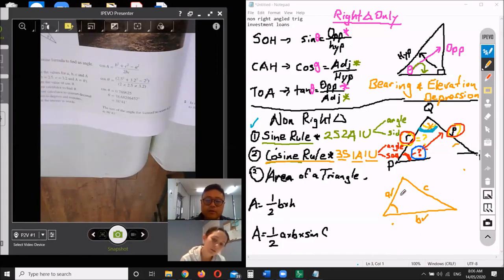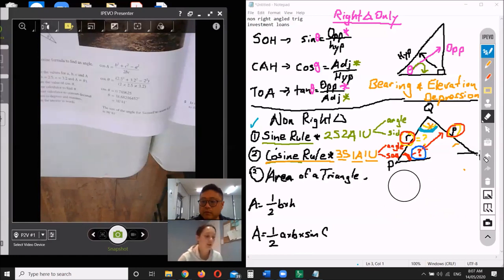It's the one that those two sides make. That angle there, that's your C. So that'll be if the question asked you what is the area of the triangle. For example,